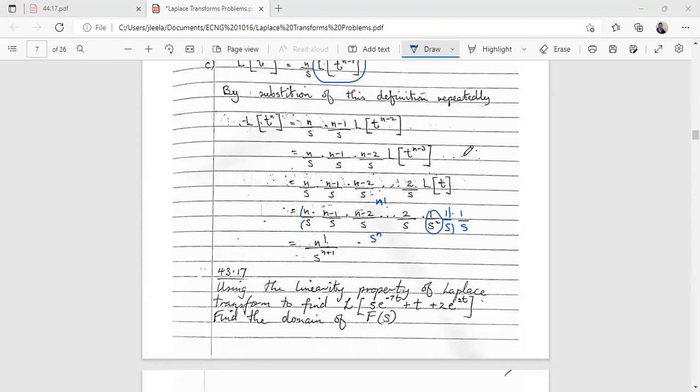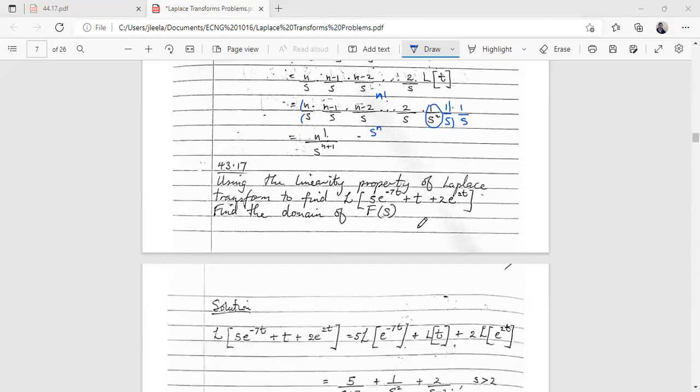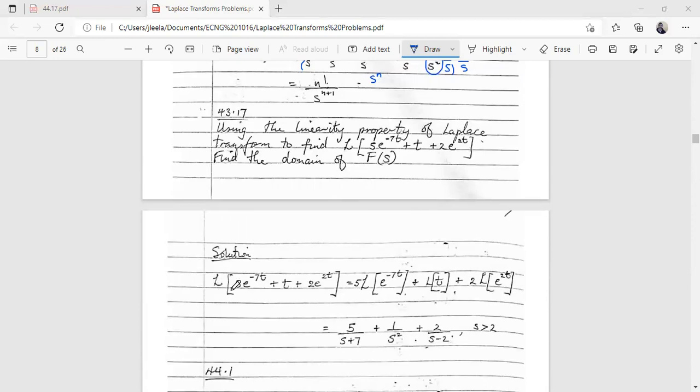Okay. Using the linearity property of Laplace transform to find the Laplace of 5e to the minus 7t plus t plus 2e to the 2t, right? So now we're solving a problem here where we are applying the linearity property with the Laplace. So remember the linearity property, you pull the 5 on the outside, so you're taking the Laplace of